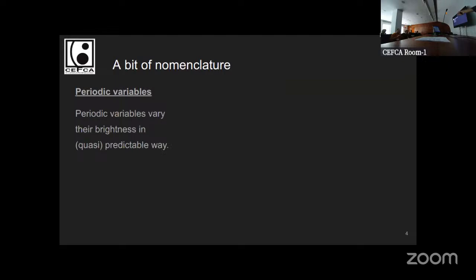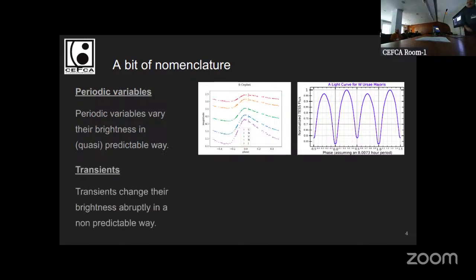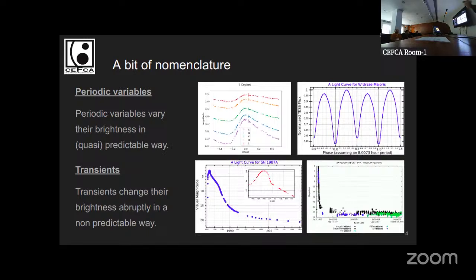So before going on, I'm going to give a little bit of nomenclature, especially, well, this was supposed to be for the cosmologists. Whenever I speak about periodic variables, these are variable stars, variable objects for which I can predict, at least up to a certain point, what is going to be their brightness in a given future. So this is like delta Scuti stars or eclipsing binaries. And I'm going to call transients objects which change in brightness without us being able to predict this change in brightness. In this case, I'm referring to objects like supernovae or novae. I'm not going to start the story of why supernovae became supernovae after the nova. But anyway,